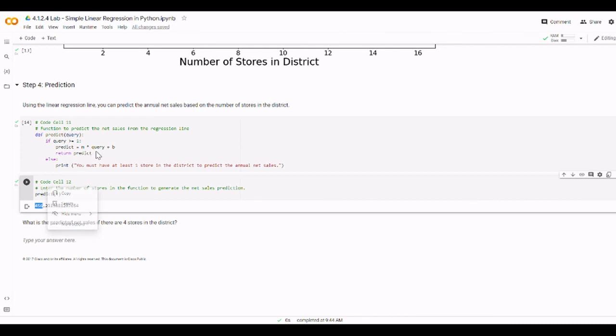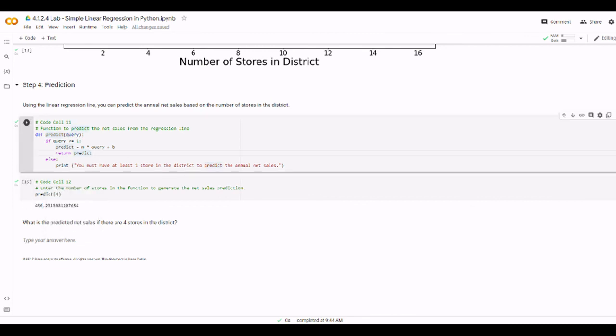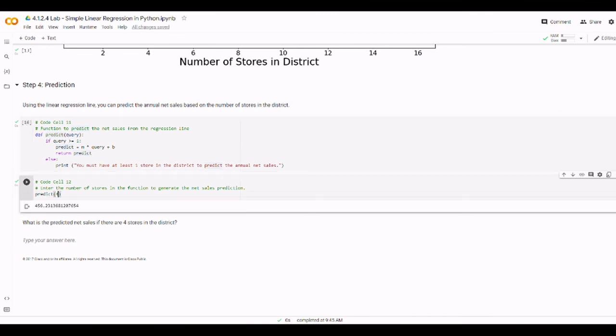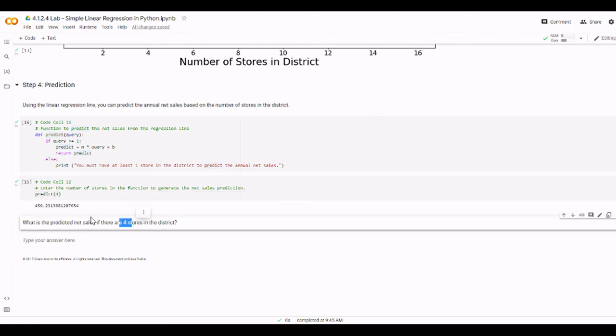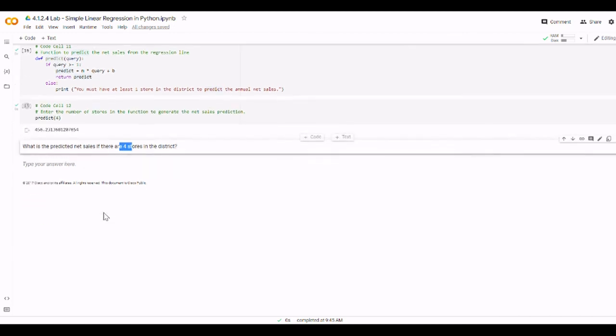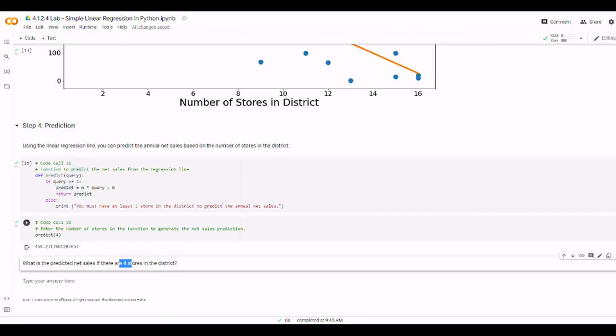And what if we would like to type something else here? When you run it the first time, you will have no output because you did not call the function. There is no function invocation, but the function invocation is here, so you can type whatever you want. According to this question, we need 4 stores, so you can type it here. Alright, that's all for this lab. Thank you, and